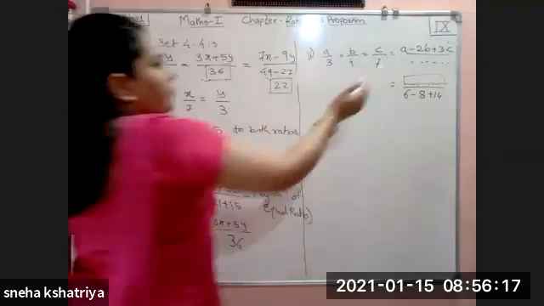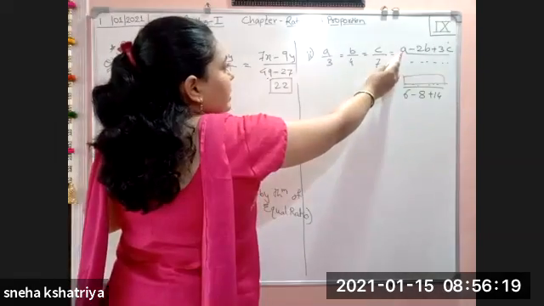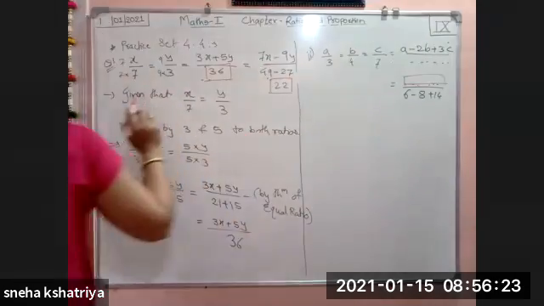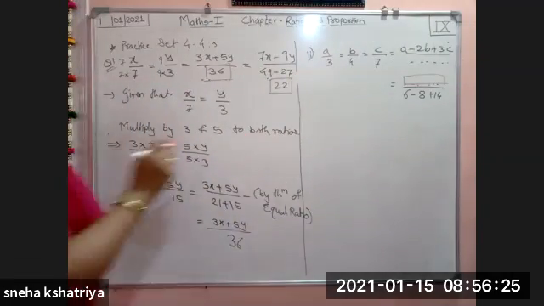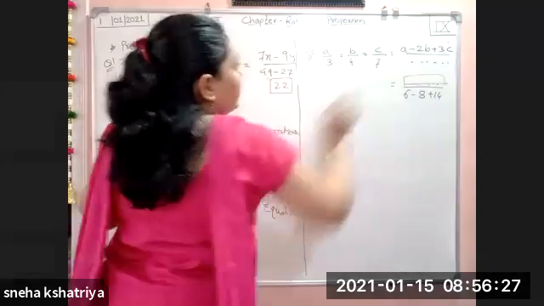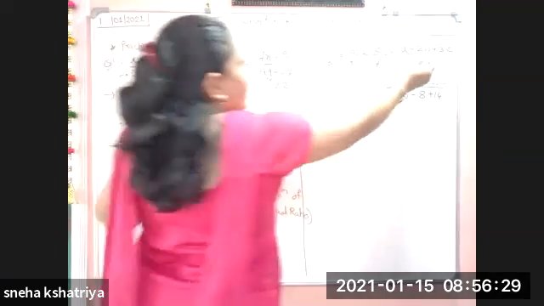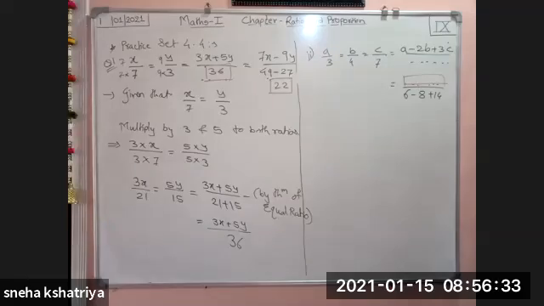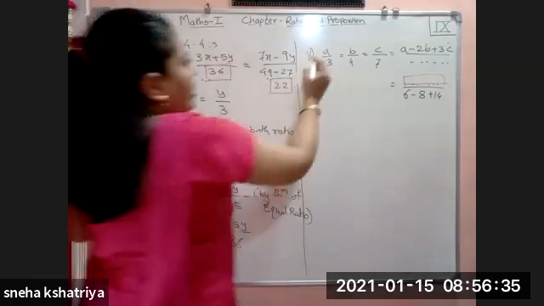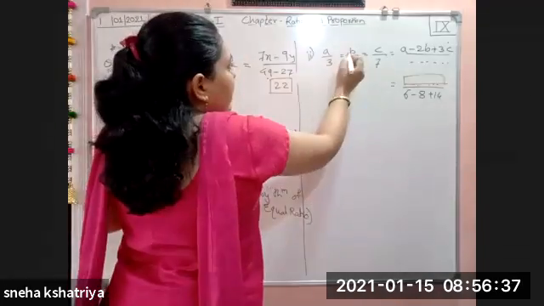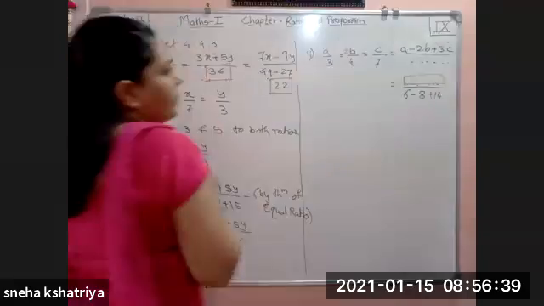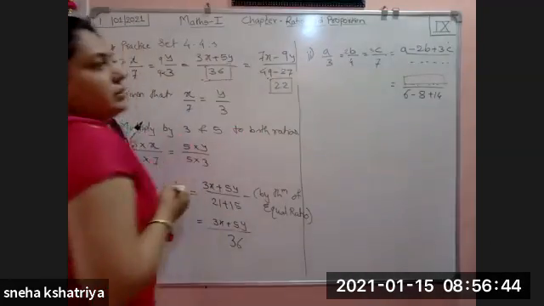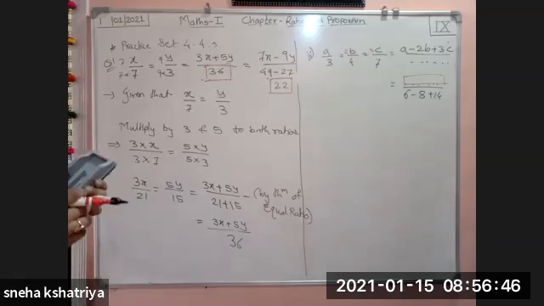See here, in the first one, you can clearly see that A is as it is, there is nothing multiplied to A. For B, minus 2 is multiplied. So don't think about the minus sign, just multiply by 2. Okay. Here, nothing is multiplied, A is as it is. Here, for B, multiply by 2. And for C, multiply by 3.